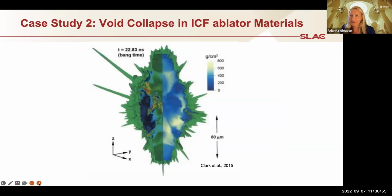So we're going to move on to something entirely different, which is a more applied space where we're trying to actually solve a problem. And this problem has to do with inhomogeneities in materials. In the inertial confinement fusion community, when you implode a fuel to generate thermonuclear ignition, the perfection of the targetry, the materials used in these targets, is really important, because many of these inhomogeneities, defects, chemical impurities, even surface roughness modulation can all play a role in degrading the